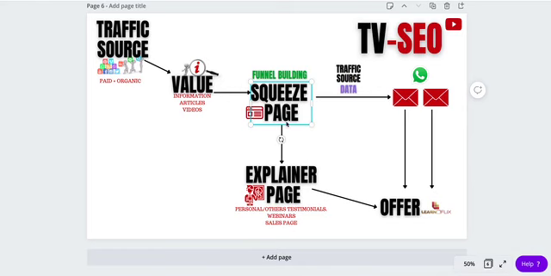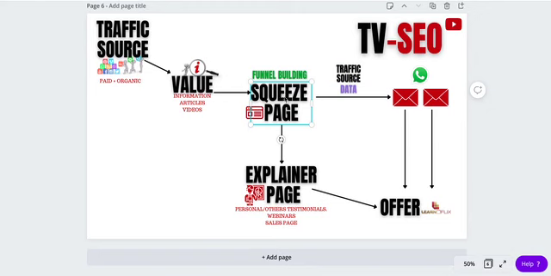So you have a website page that you create, which is called a sales funnel, and you create the type of page that allows people to put in their email and their name before they proceed. When they put in their email and name, you collect the data. Now, this data becomes a source of remarketing and follow-up for you.